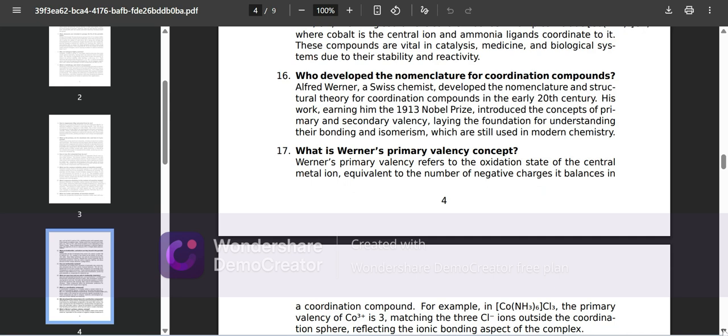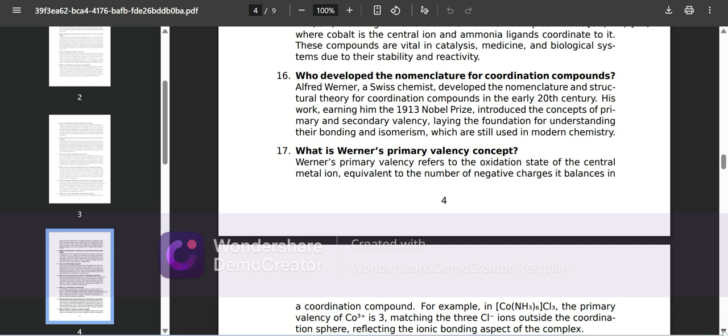Who developed the nomenclature for coordination compounds? Alfred Werner, a Swiss chemist, developed the nomenclature and structural theory for coordination compounds in the early 20th century, his work earning him the 1913 Nobel Prize. He introduced the concept of primary and secondary valency, laying the foundation for understanding their bonding and isomerism, which are still used in